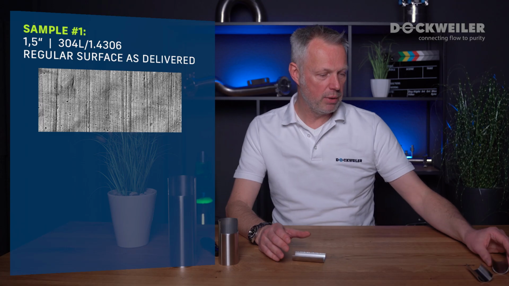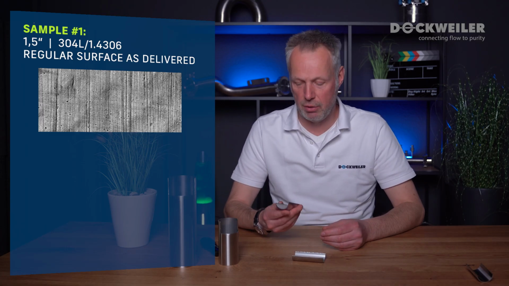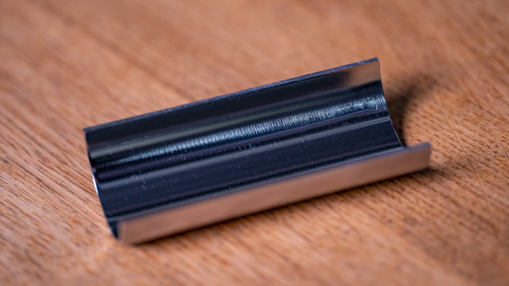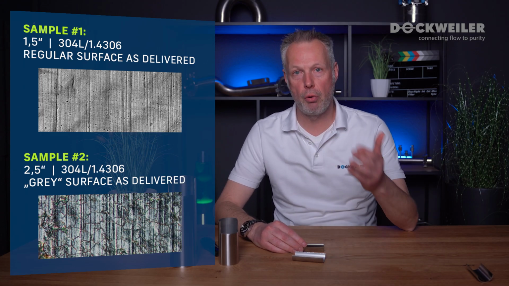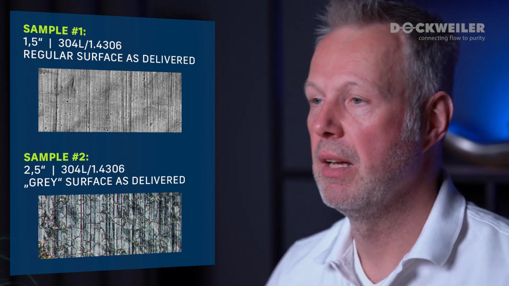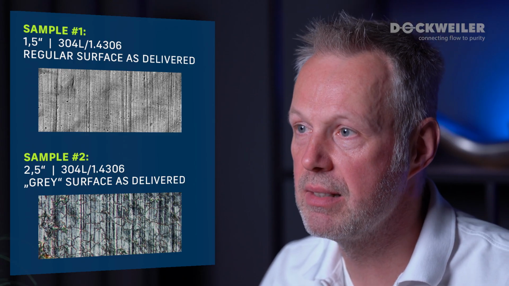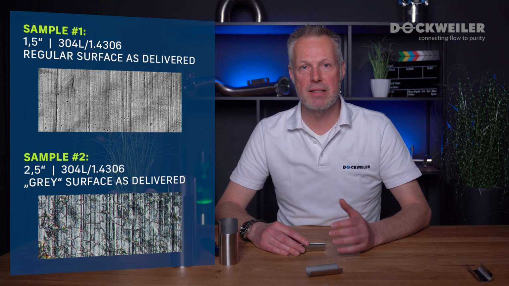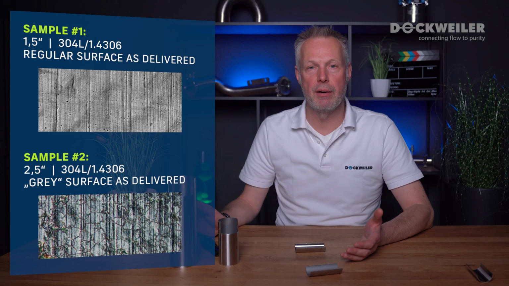And then we were also checking the samples of these 2 specimens here. And probably it's also a bit hard to see, but when you look at it through a microscope, you see a completely different pattern. You see the drawing pattern from the mill that's remaining, but you also see these darker lines and, so to say, islands on the surface. And as I mentioned, it's got a bit of a gray appearance. And the question is, what do we see there?